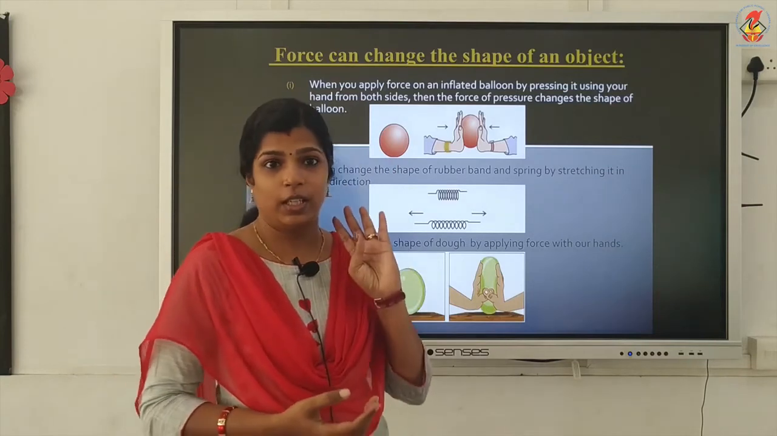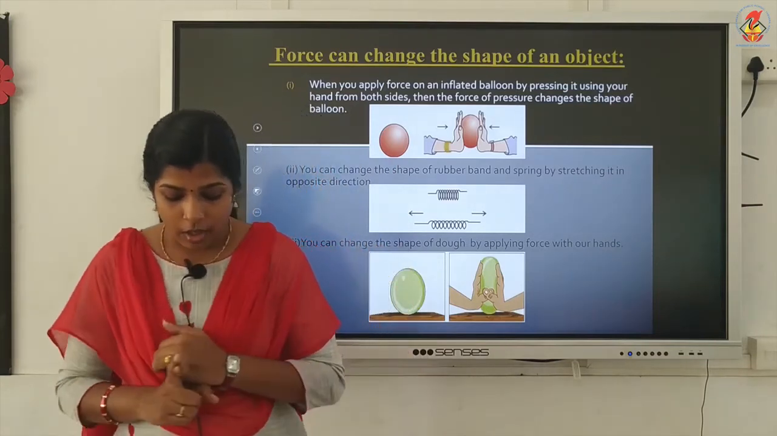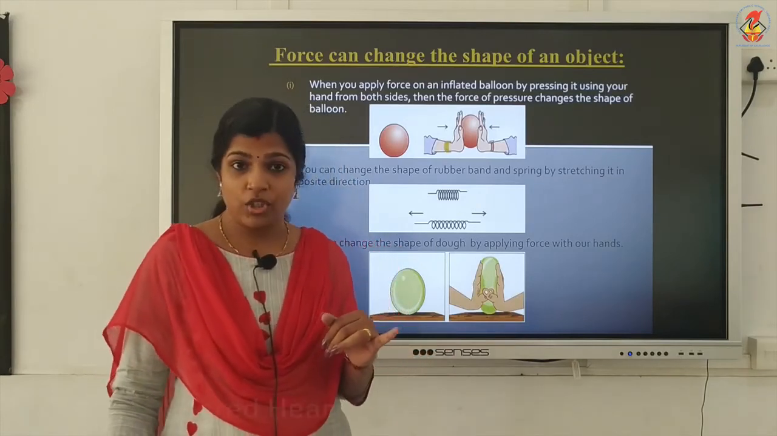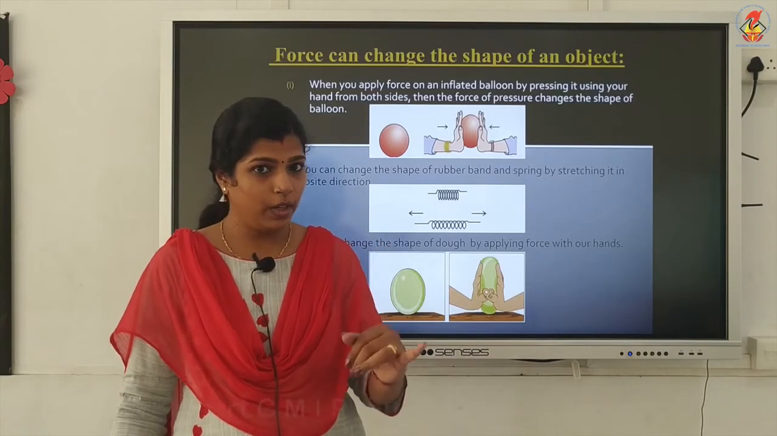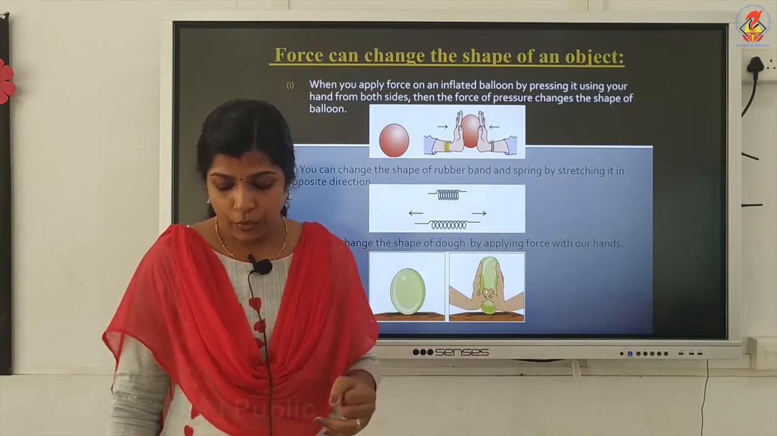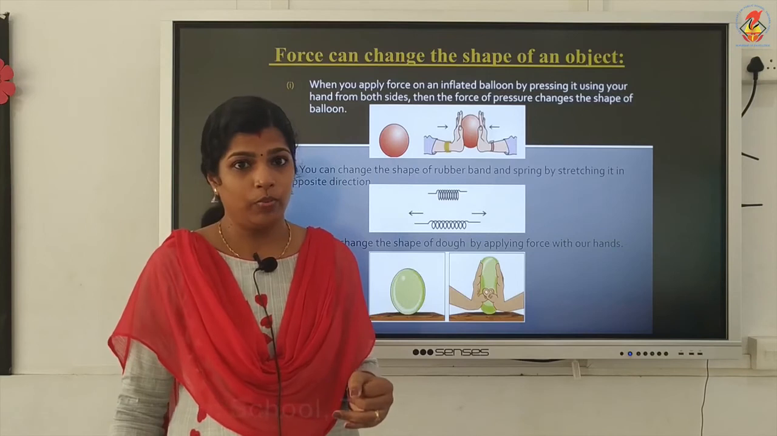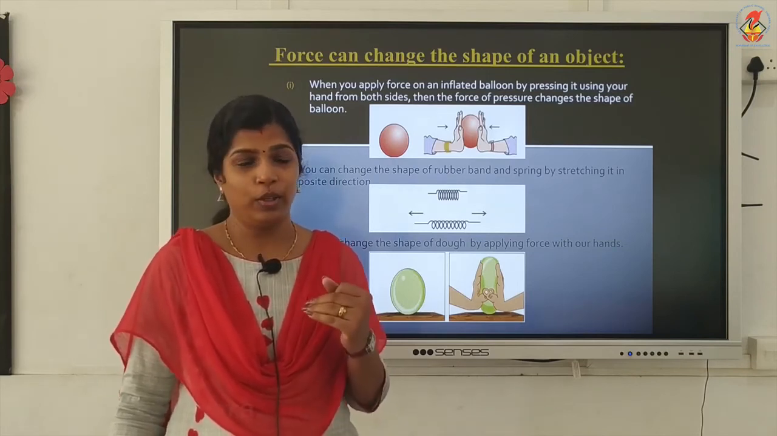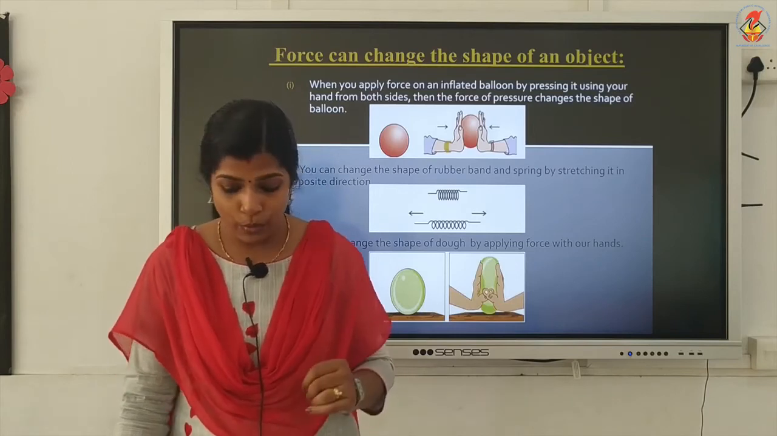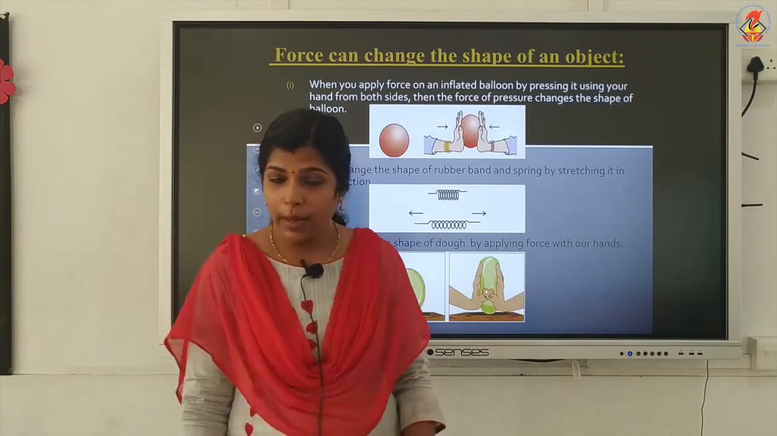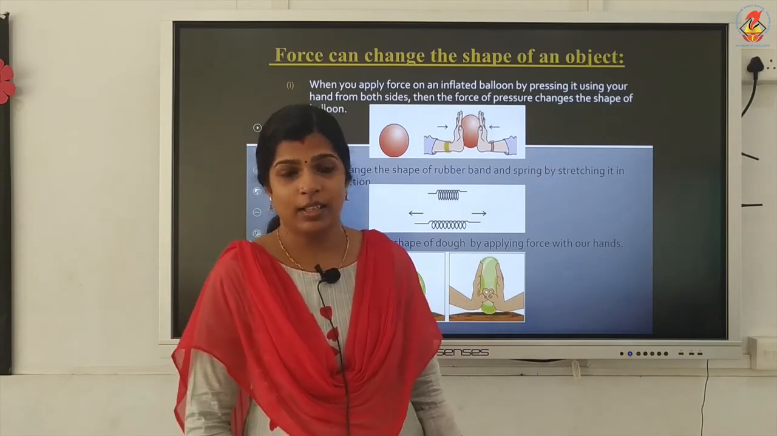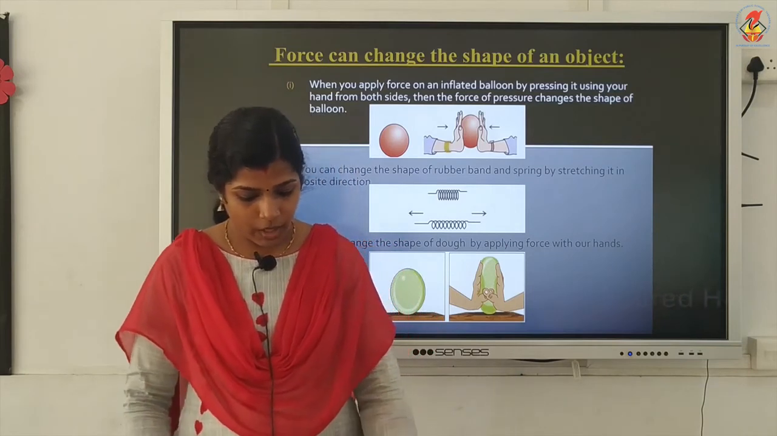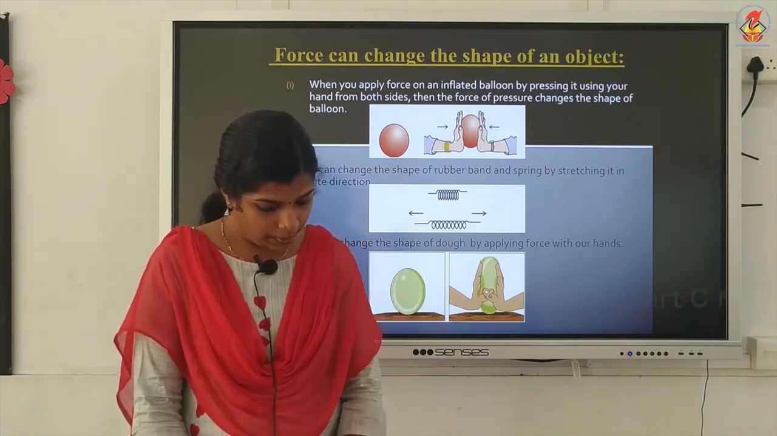So, four effects are there. First one, a force can make a stationary object move or can change its position of rest. Second one, a force can change the speed of a moving object. Third one, a force can change the direction of a moving object. Fourth one, a force can change the shape or size of an object. Okay. So, that one is given in page number